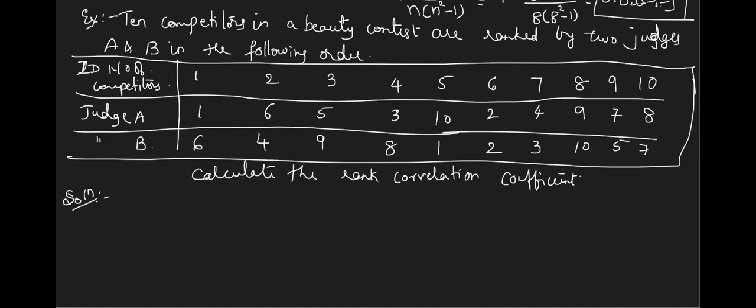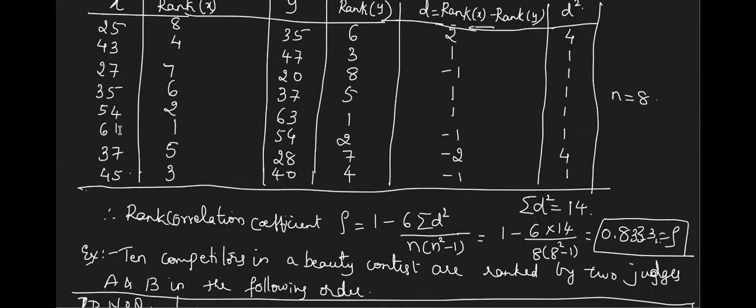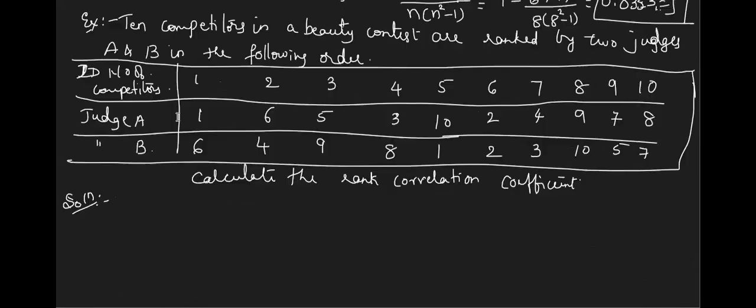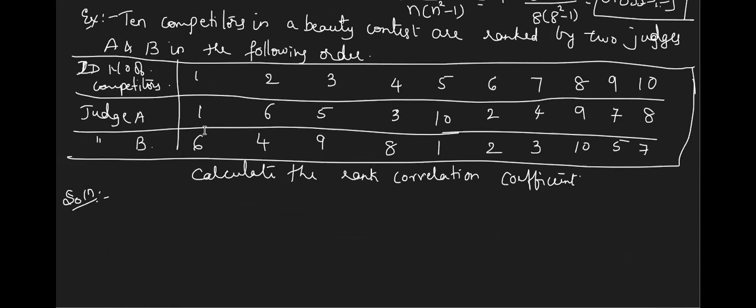Just try to answer my question. See, in the earlier question, some different marks were there, so we assigned the rank as 1, 2, 3, 4 like that. But in this case, you can observe the result is given in terms of the ranks, and they have used from 1 to 10 only. Am I right? Yes, ma'am. So here, no need to take extra 2 columns as rank of X and rank of Y. The given thing itself is rank.